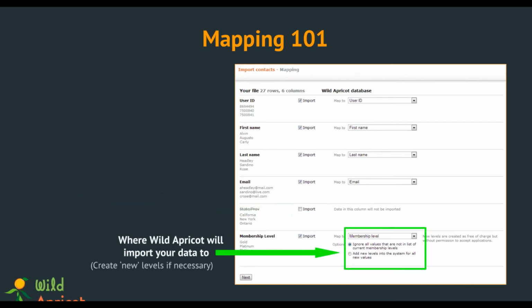And then finally on the right, you have where Wild Apricot will import your data to. So you can see in many cases, for example, user ID is going to user ID, first name is going to first name, but down here, when you import a membership level, you have some additional options. You can add new levels into the system for new values that are found in your spreadsheet that don't already exist in Wild Apricot, or you can ignore those values and just correct them later,